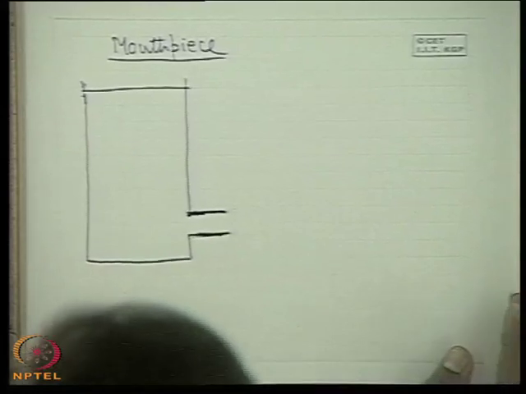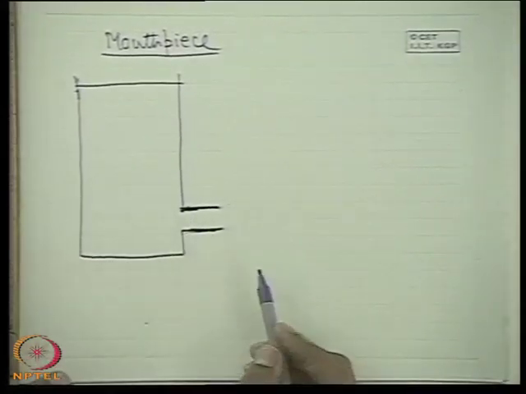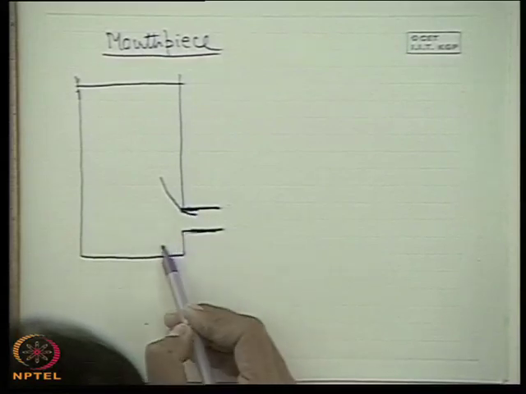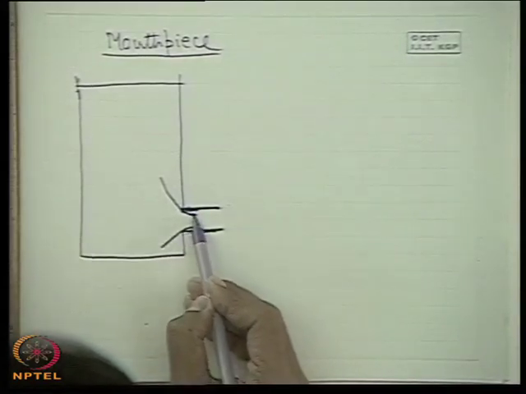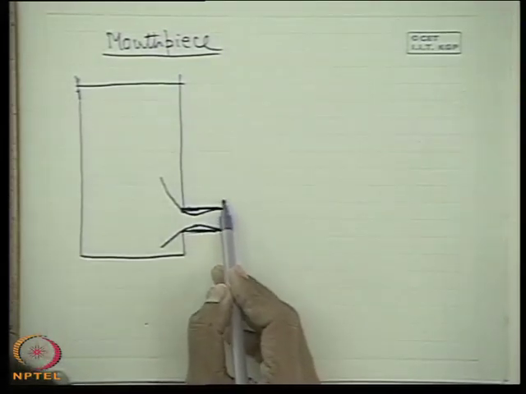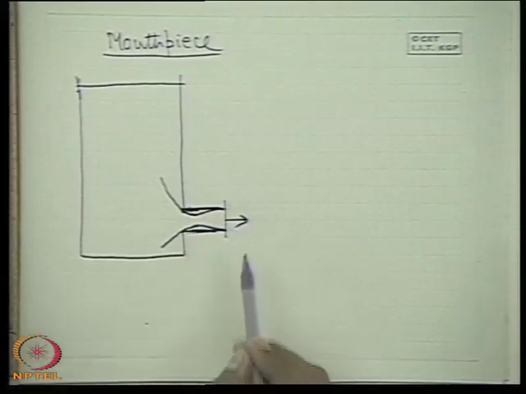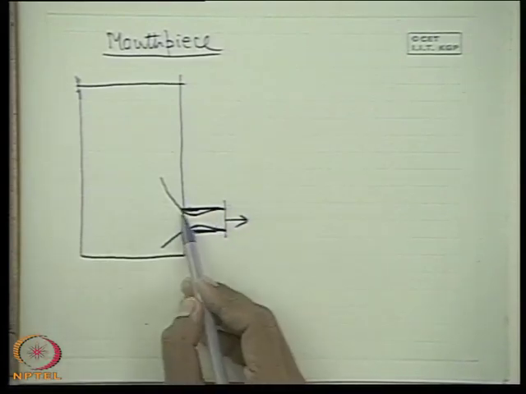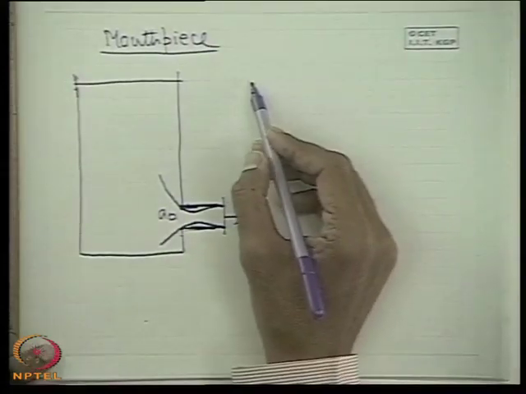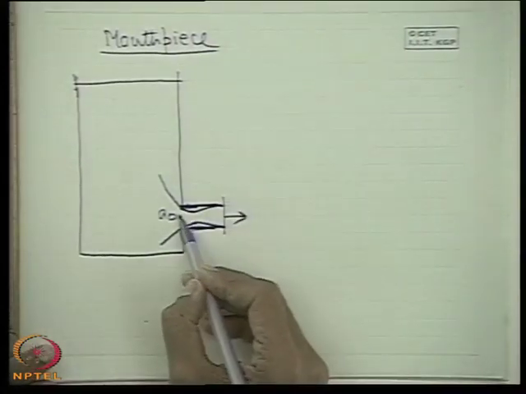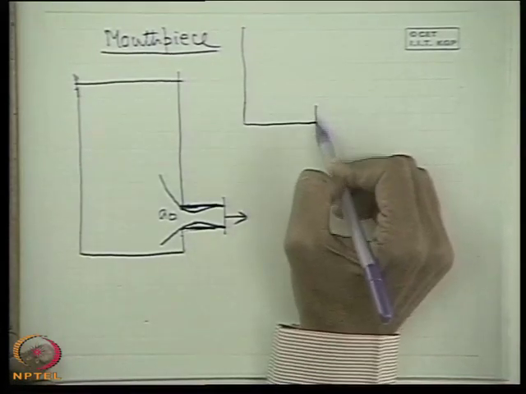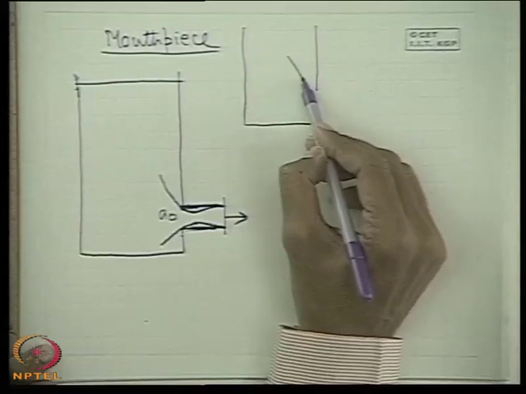What is the physical mechanism for it? Why is the discharge increased? What happens is that this contraction which takes place is again filled up. So therefore, when the discharge is taking place, it is full flow. Let the area A0 be the same as the orifice. If we consider an orifice, what could have happened in case of an orifice? If there was an orifice, this area could have been just like that. I just show you. If there could have been an orifice, what could have happened? This.